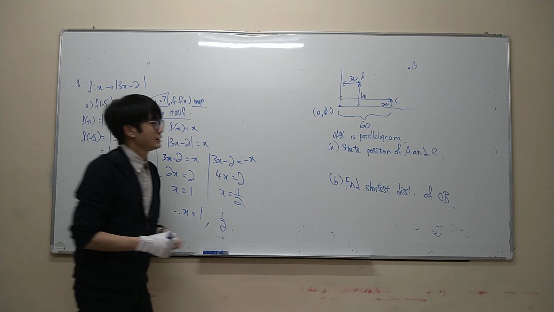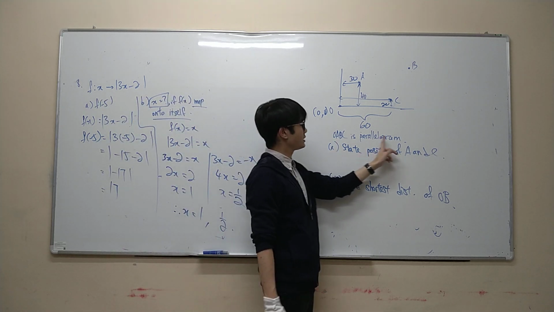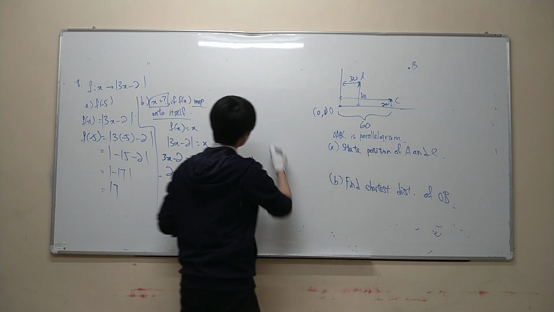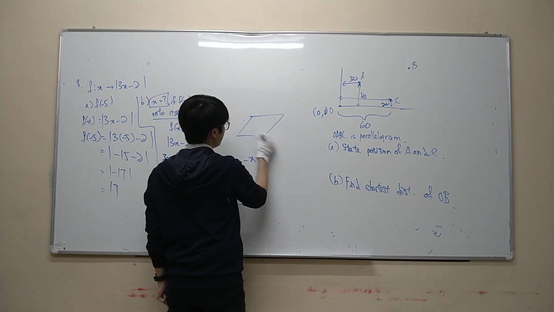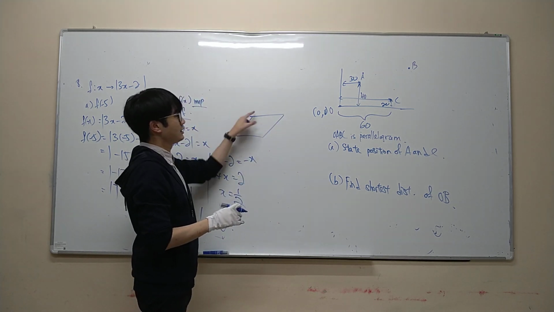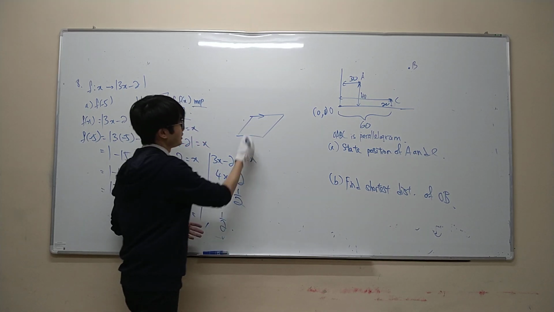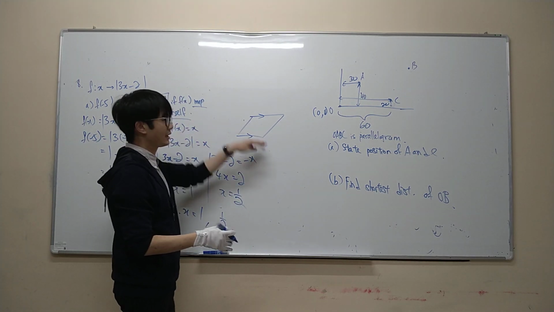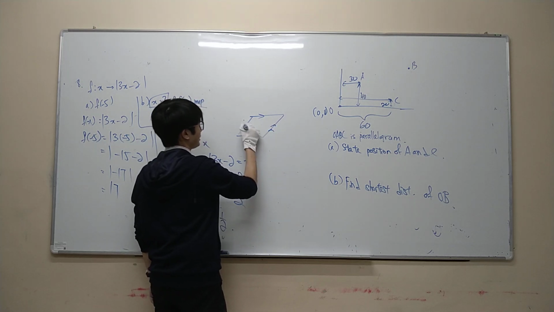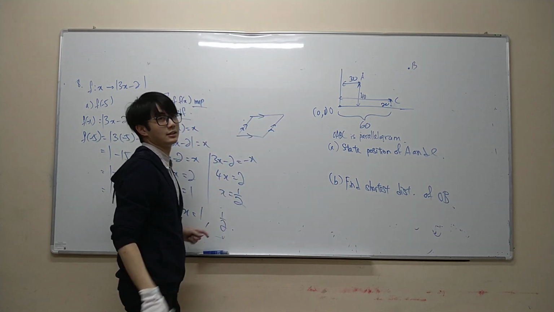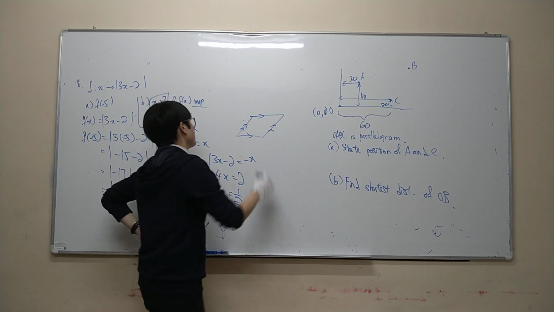Okay, first of all, they give you a diagram like this and they say OABC is a parallelogram. You have to know something about parallelograms. Parallelogram means the opposite sides are equal in length. And they are not only equal in length, they are parallel. So opposite sides are parallel. And one more thing is